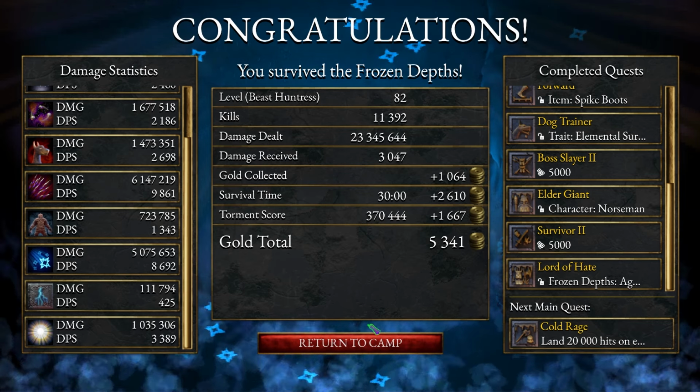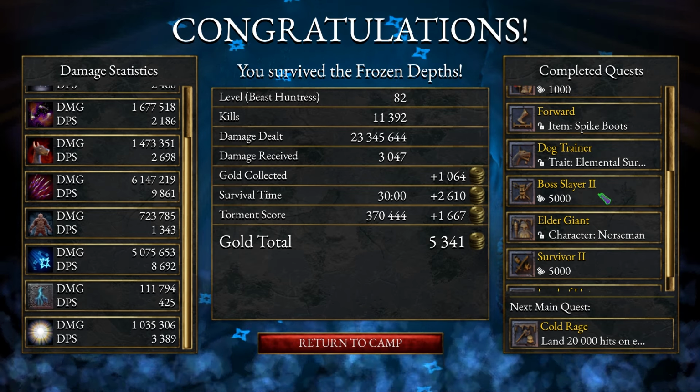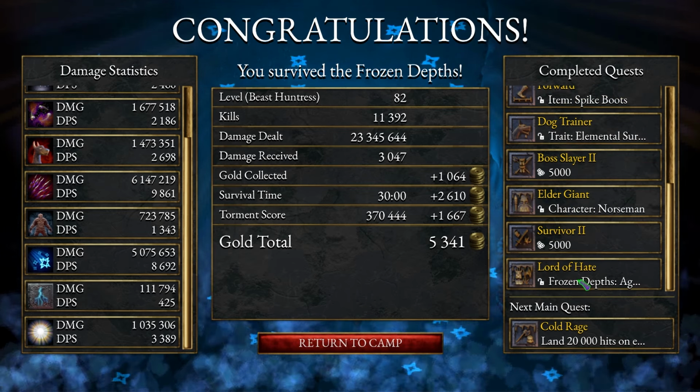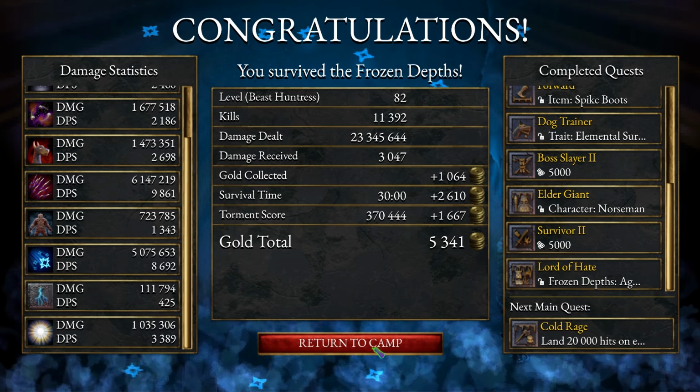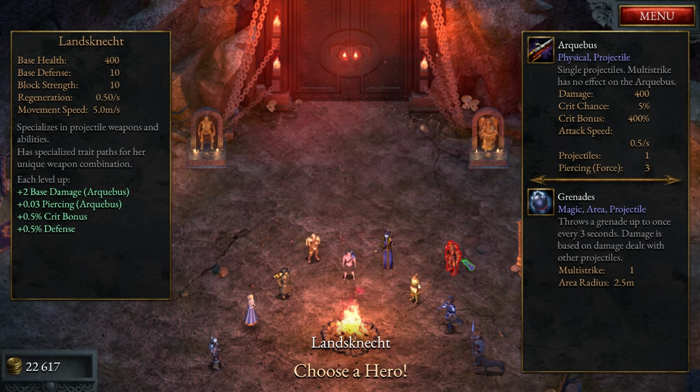All right, well, that being said, we completed the quest that we were going for. We got the Norseman. That's a start. We're unlocking all of the characters, and not only that, but we did, of course, beat the Lord of Hate. So now we've unlocked everything in Agony, so we can start doing...